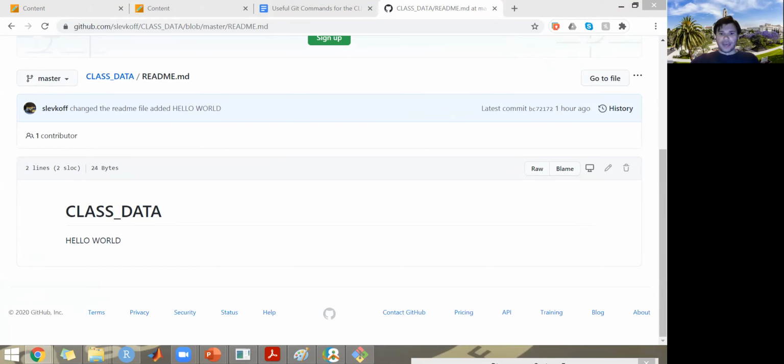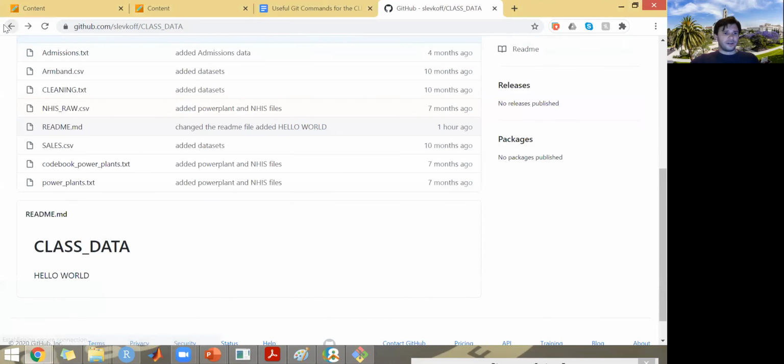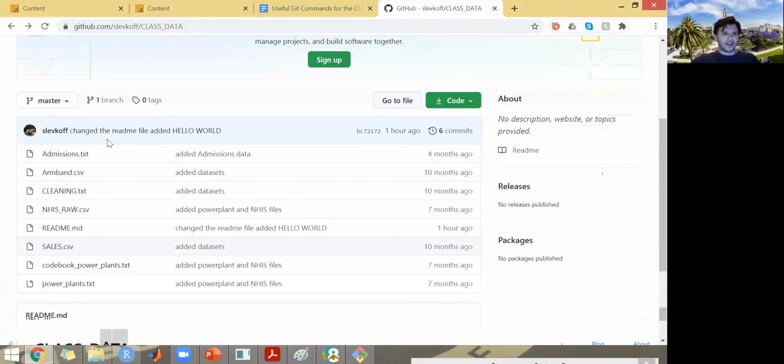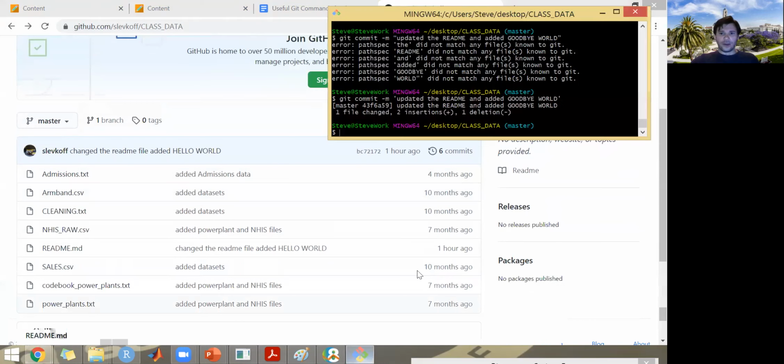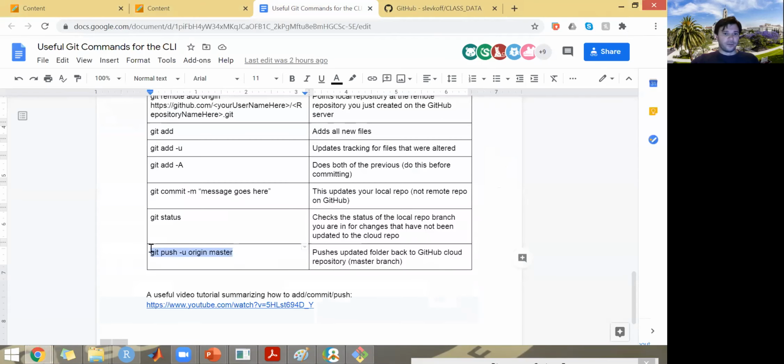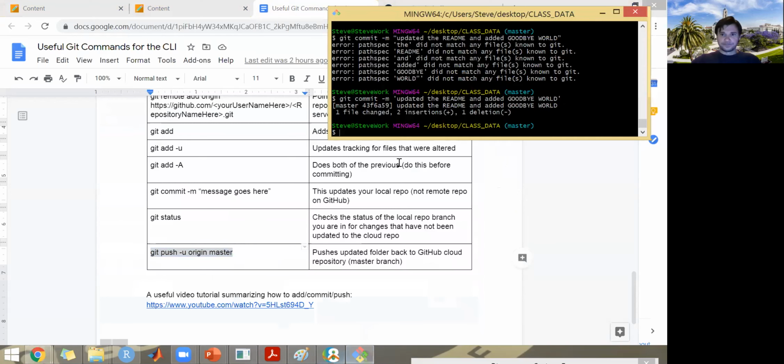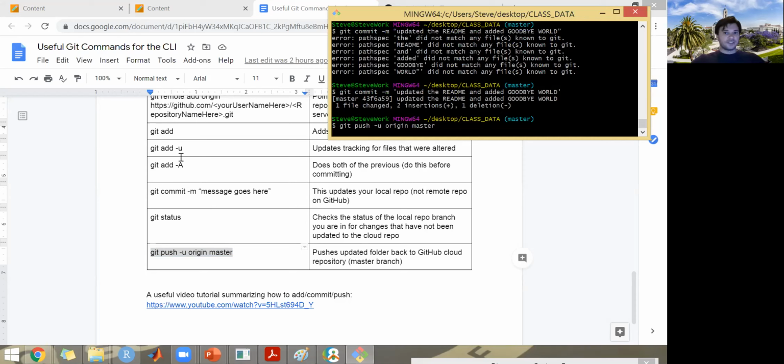So let's go ahead. Let me back out of the README file content here. We're back in the repository. And what I want us to do now is run this last command. We're going to push from the origin back to the master. When you run this, you may be prompted for your GitHub username and password. Put those in. The computer will not let anybody mess with your files. So if you want to push back to your account, you have to have the credentials for your account. Some random person that accesses your GitHub repository will not be able to mess with your files unless they have your username and password. So when I run this,